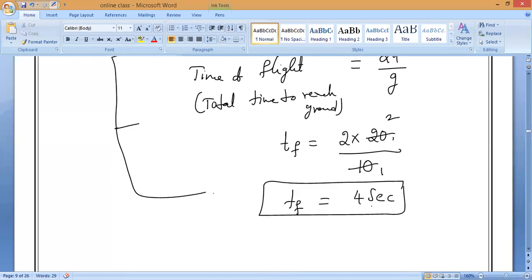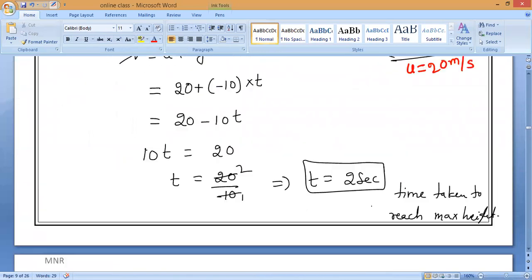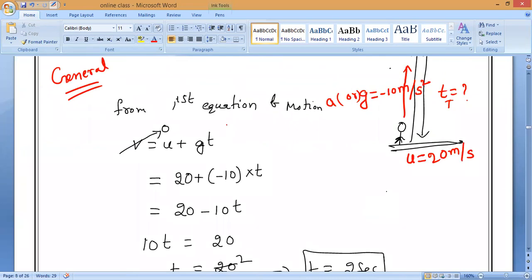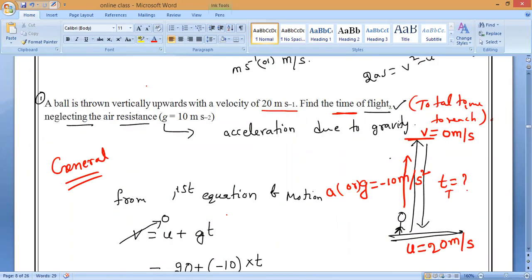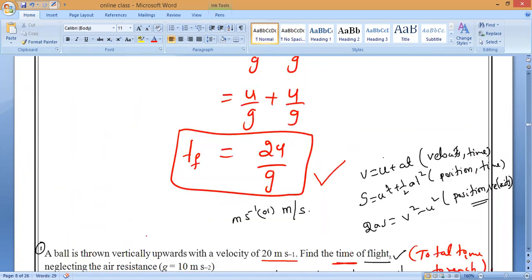Easy, sir. Now, there's one more method. Let us see. For this question, can we solve it only with the help of the first equation, or can we use any other equation? Check it. We have 3 equations. Shall we use any other equations? Try at least, think and say. Is it possible to use any other equation?